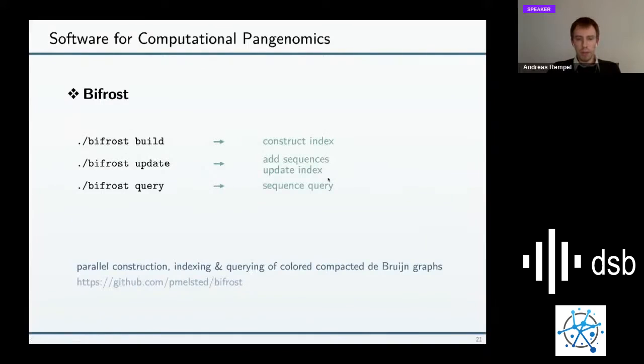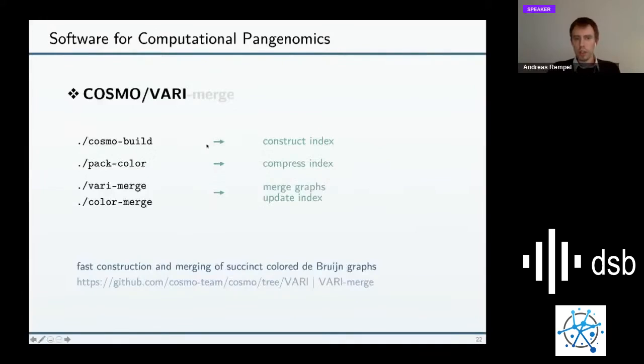And there you have the options: Bifrost build to construct the index, Bifrost update to add other sequences to the index, so to update the index after you have constructed it once, and Bifrost query to perform sequence queries. And with these graph-based approaches, let's first see another example. Vari or Cosmo,